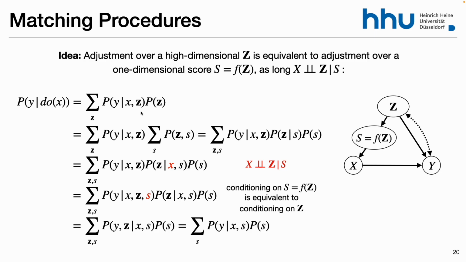So that's the proof. You can follow, I think there's a bit of time. It's kind of easy. I started by summing over Z, so that's the backdoor adjustment. I added this S here, but just adding S here, I'm not doing anything. But then I open up this joint distribution. And now because of this independence, I include the X in this term.